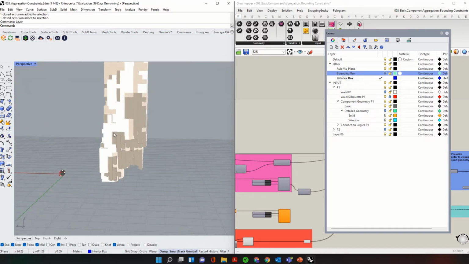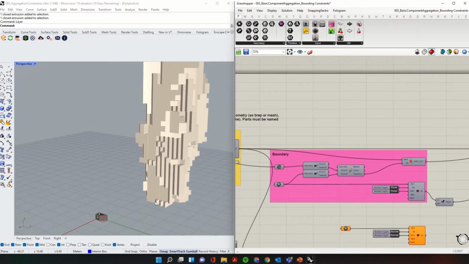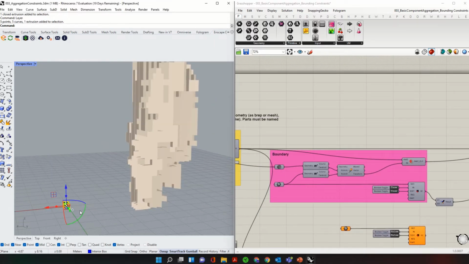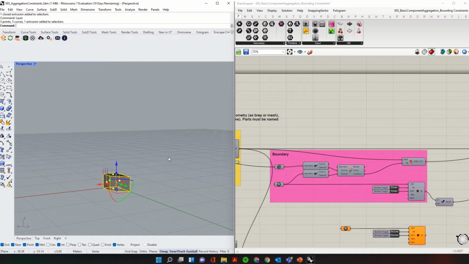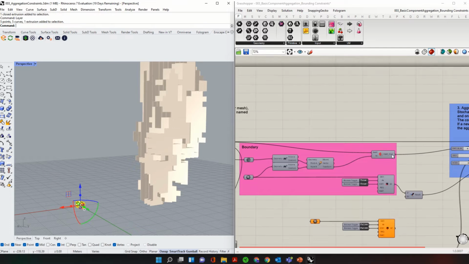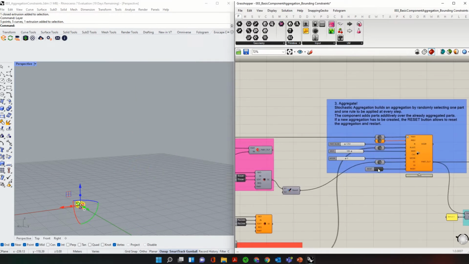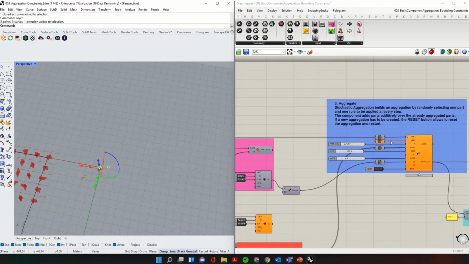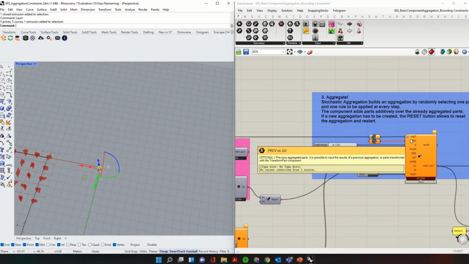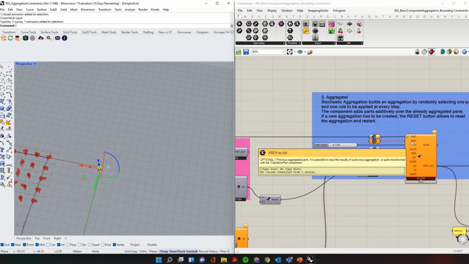Putting all these components inside that box. But one thing that's important is when we start to aggregate, our initial component has to be inside our boundary. So if I just unplug this for you now and press, you'll see now without a previous position. So this input here, where we define a starting point or a previous point for the aggregation to start,